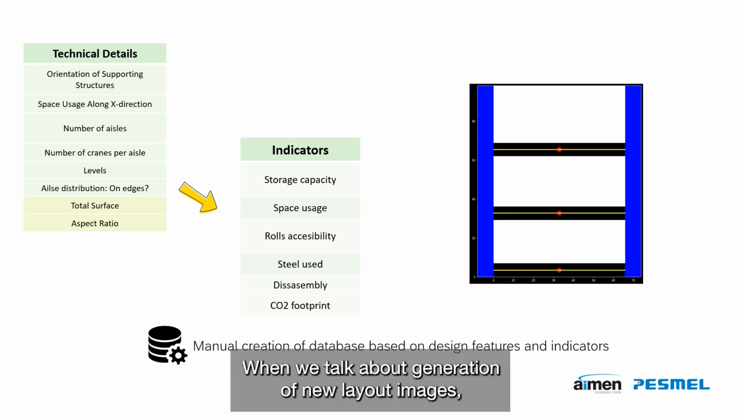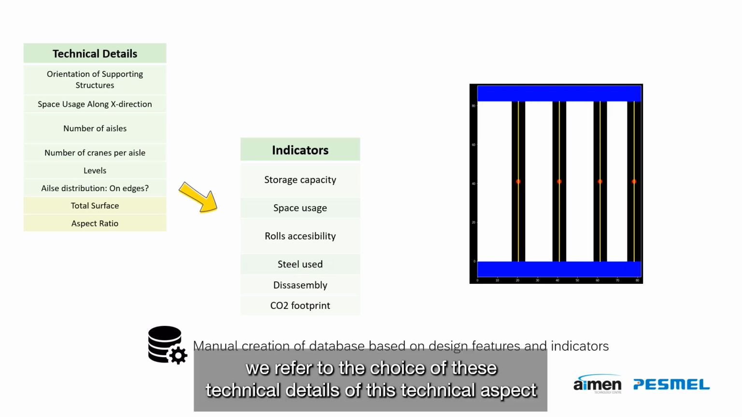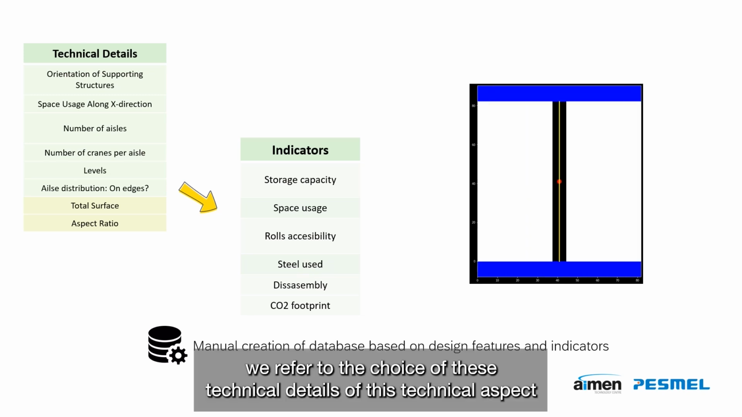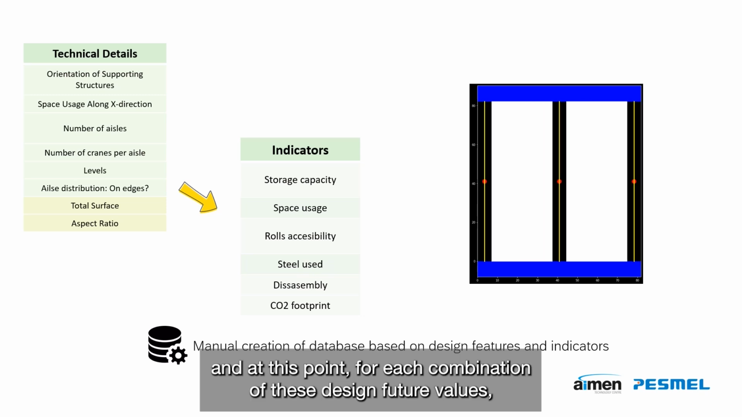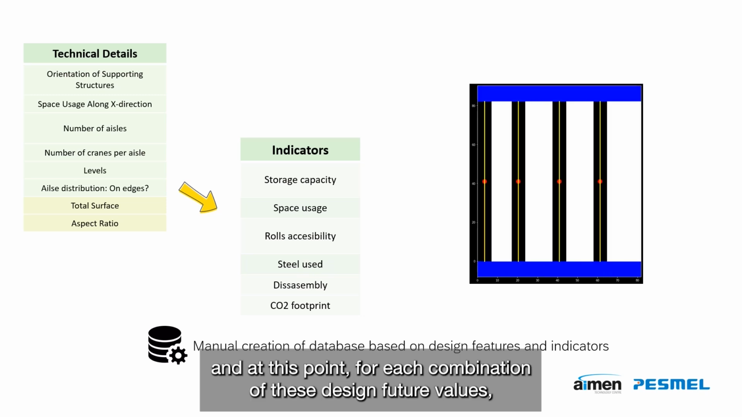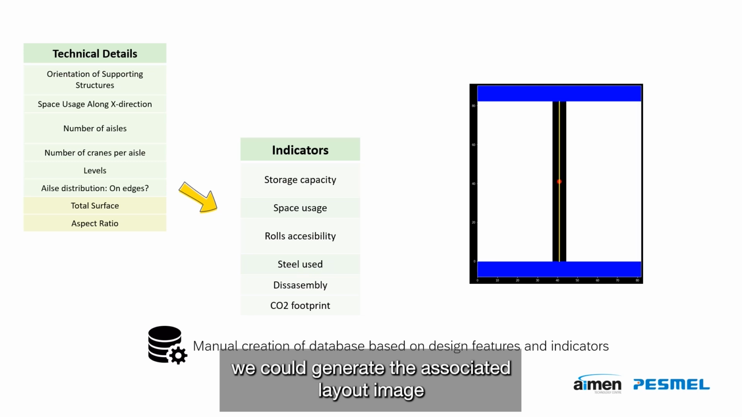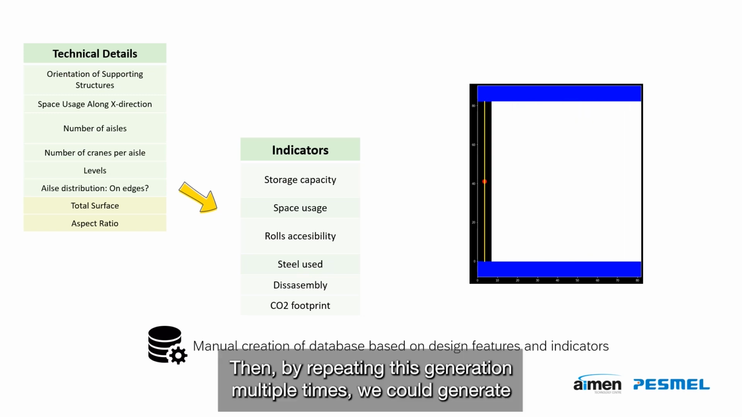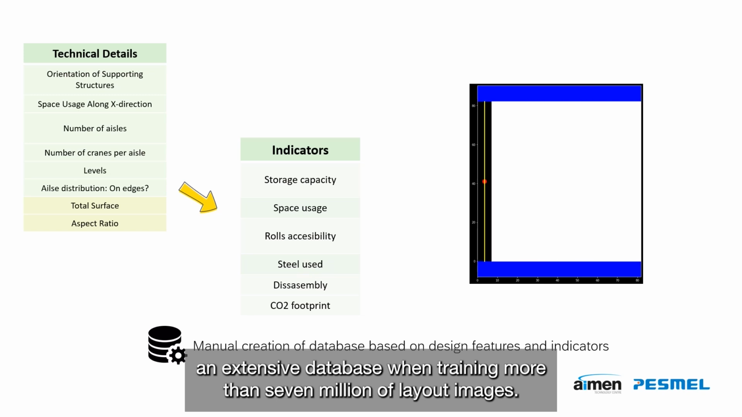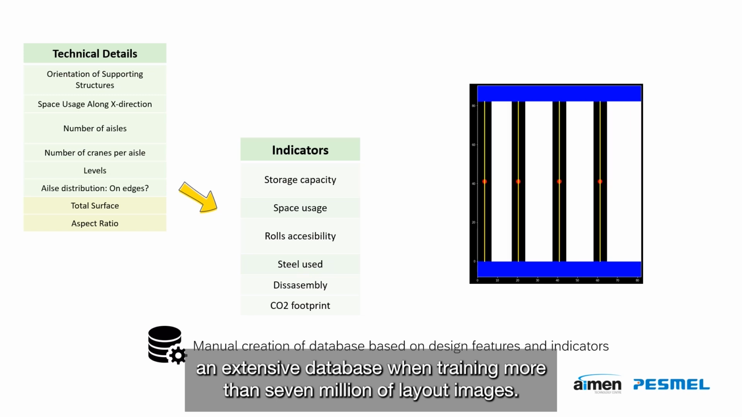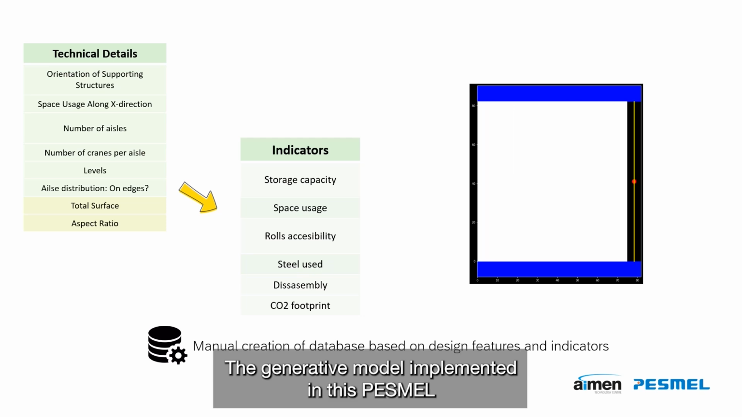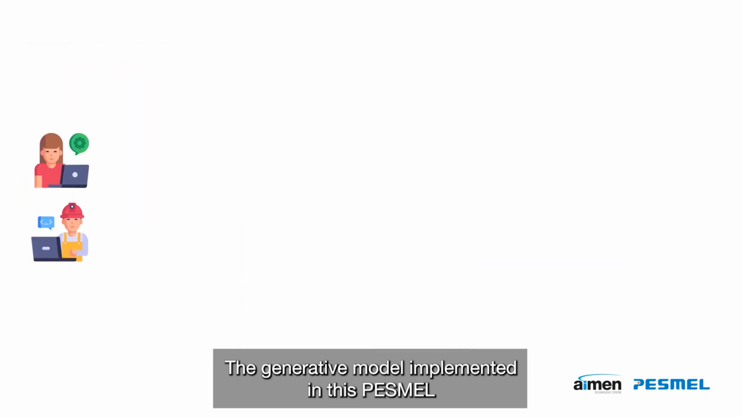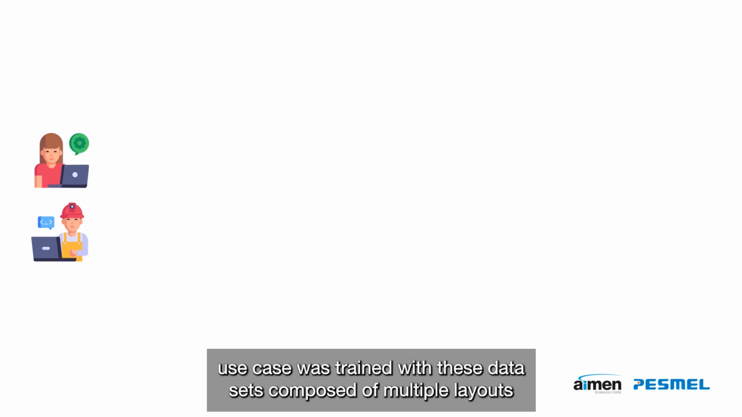When we talk about generation of new layout images, we refer to the choice of these technical aspects, and at this point, for each combination of these design feature values, we could generate the associated layout image and also its associated key indicators. Then, by repeating this generation multiple times, we could generate an extensive database containing more than 7 million layout images. The generative model implemented in this PESMEL use case was trained with this dataset composed of multiple layouts, and